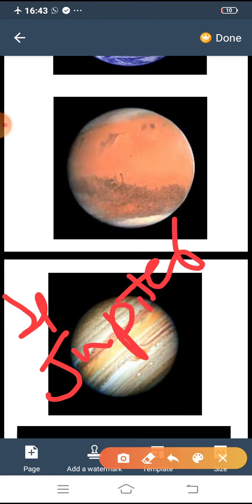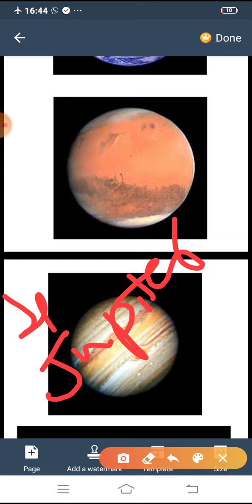This is Jupiter. It is the largest planet in our solar system. Equatorial diameter 1,42,880 km and polar diameter 1,33,540 km. Jupiter is named after the king of the Roman gods. It rotates around its axis very fast, one rotation in 9 hours, 50 minutes and 30 seconds, which causes it to be greatly flattened at the poles.